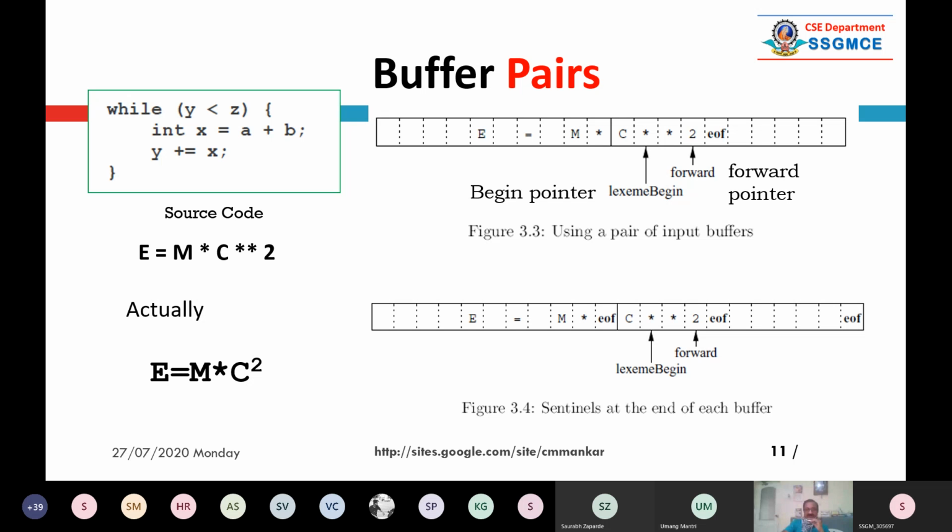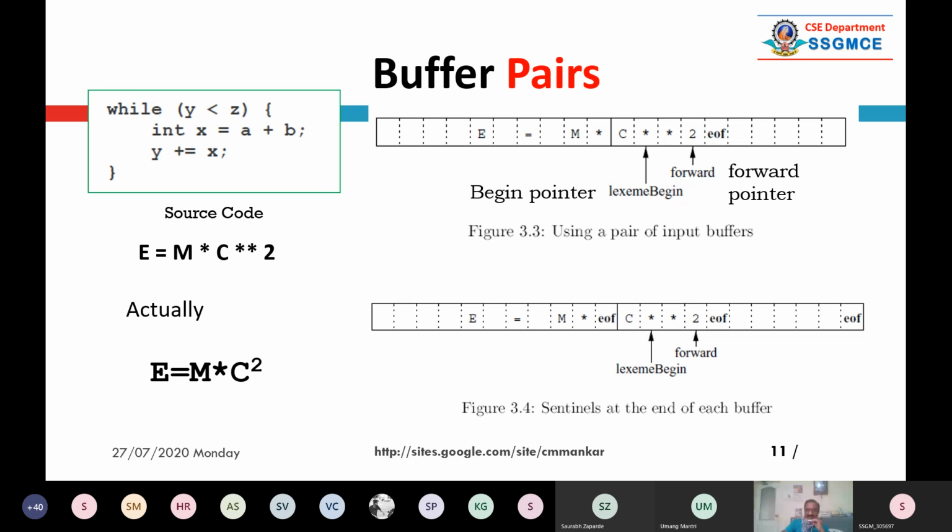On the left side, I have interpreted E equals M C square, like this. So this is our ordinary representation. This is a Fortran-like representation. What the first n is telling you is that first only the part E, M and star is there, and later EOF comes. So this is the first buffer.